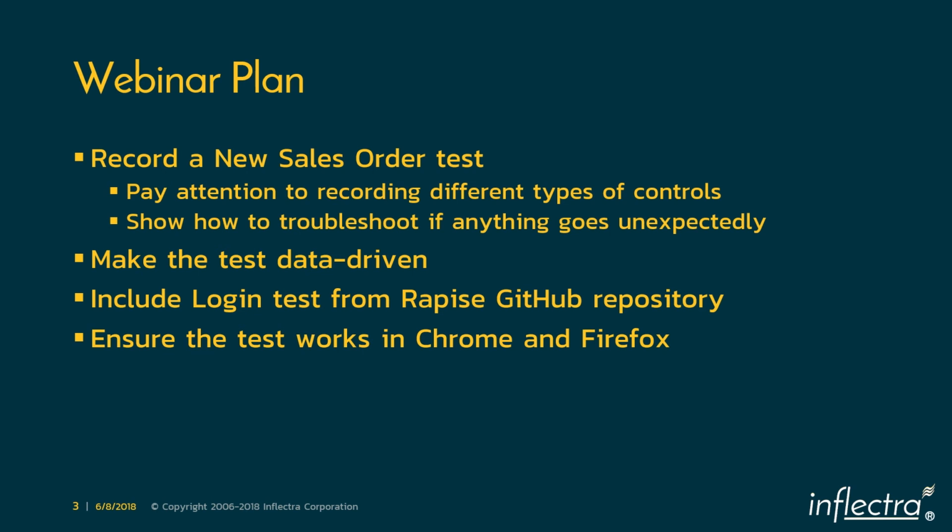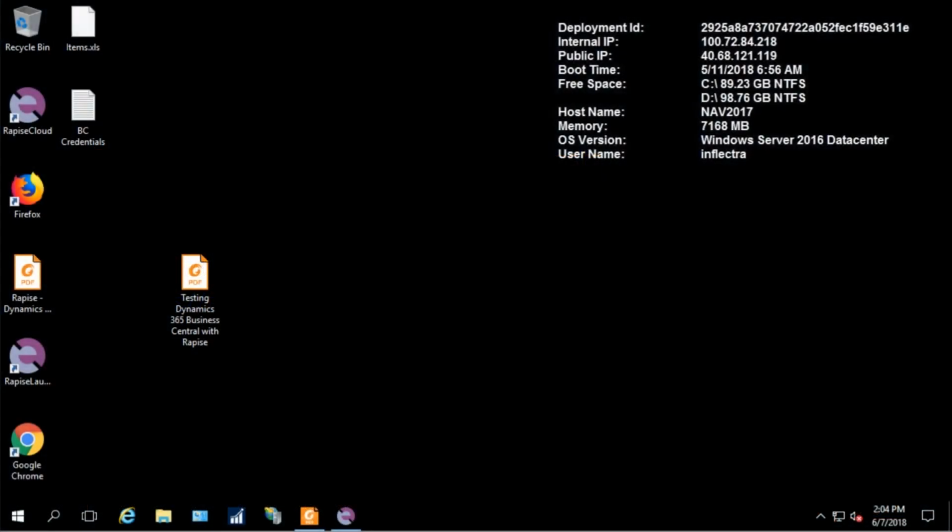He will then show you how you can include reusable test elements, for example, how to log into the system, from our Rapise GitHub repository. Lastly, Denis will be showing you how you can verify the same test works in different browsers, for example, Chrome and Firefox. So today we are going to record a pretty sophisticated test for Microsoft Business Central, and along